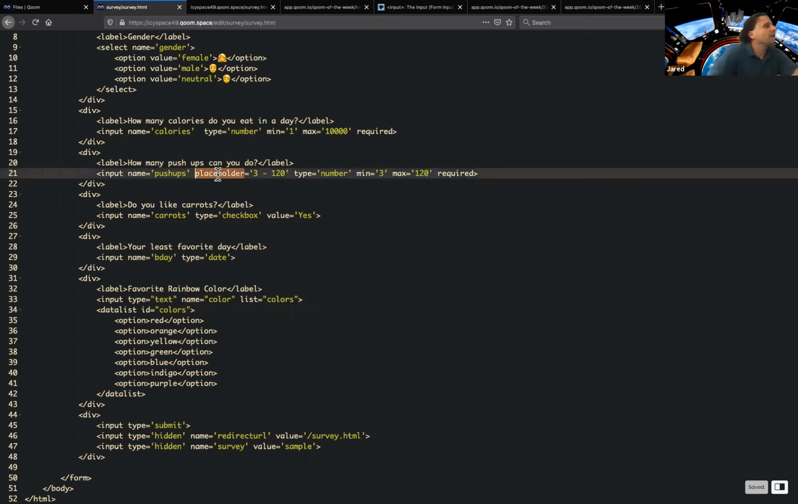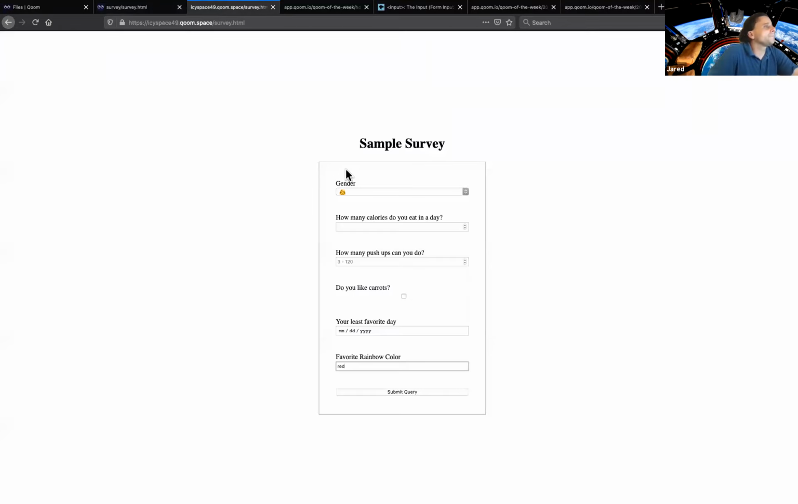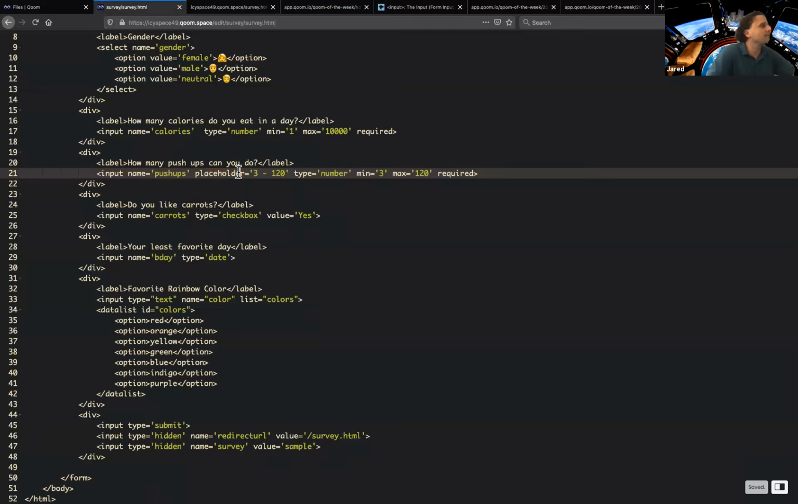Another cool thing is this placeholder attribute. It allows you to put information in the box. So I put like 3 to 120 here. But when I start typing like 5, the 3 to 120 goes away. So it allows you to put instructions in the text box itself, kind of grayed out. It's a cool way to put in a range, from min to max 120. I can spell this out, needs to be from 3 to 120, to be